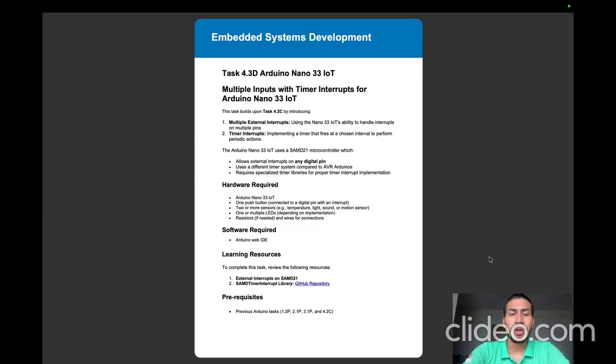Today I am demonstrating my task 4.3D, which is multiple inputs with timer interrupts for Arduino Nano 33 IoT. In this, we had to build multiple external interrupts, which I had made earlier in task 4.2C. In this, we had to include timer interrupts with a timer that fires at a chosen interval to perform periodic